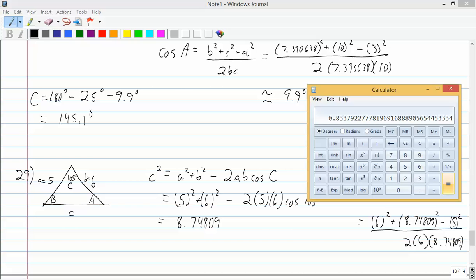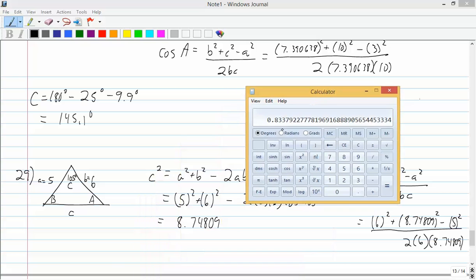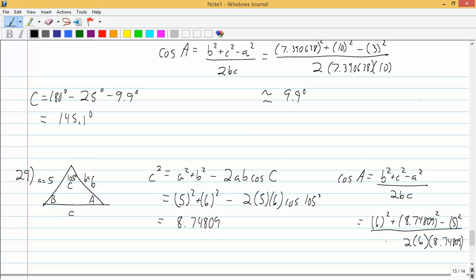And so then I say, that's what cosine of A equals. So I say inverse cosine, and I get 33.5 if I round to one place, like your test does, 33.5 degrees. So angle A is about